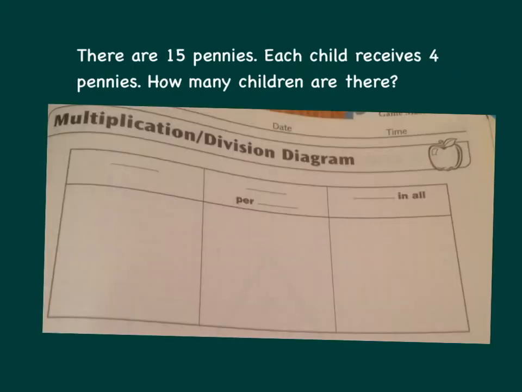Let's try it again. There are 15 pennies. Each child receives 4 pennies. How many children are there? So let's take a look here,